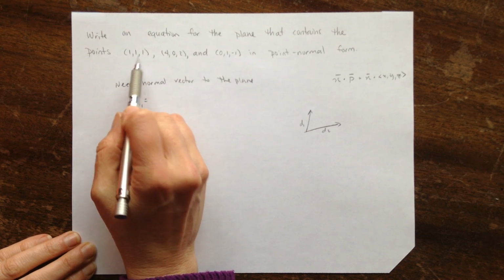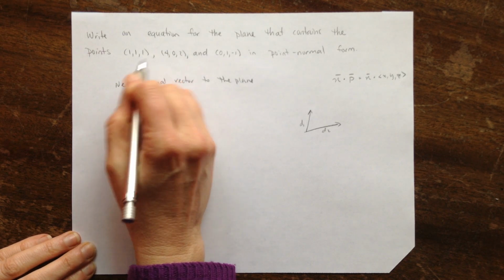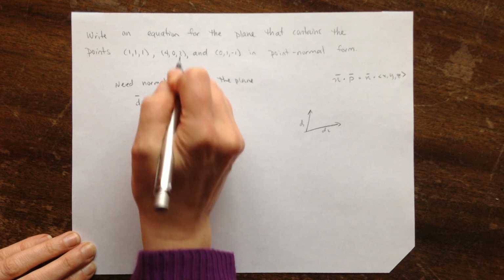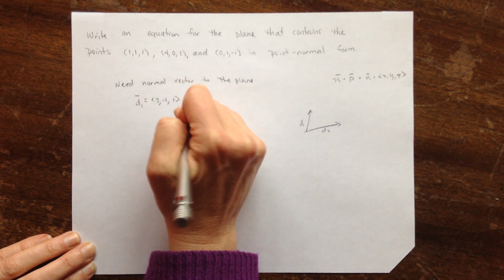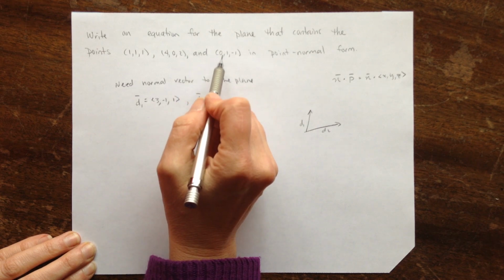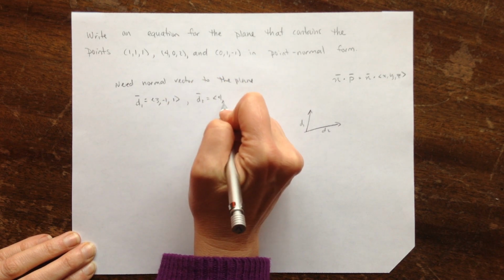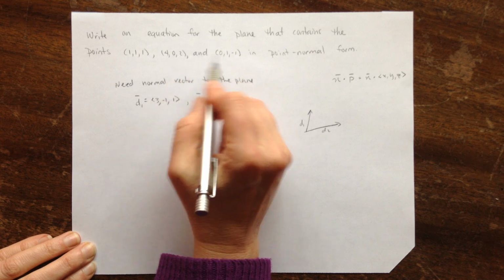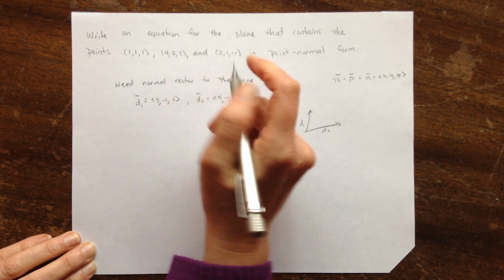I'm going to go from this point to this point, so I'm going to get 4 minus 1 is 3, 0 minus 1 is negative 1, 2 minus 1 is 1. So that's one direction vector. The other direction vector, I'm going to go, say, from here to here. So I'll do 4 minus 0 is 4, 0 minus 1 is negative 1, and 2 minus a negative 1